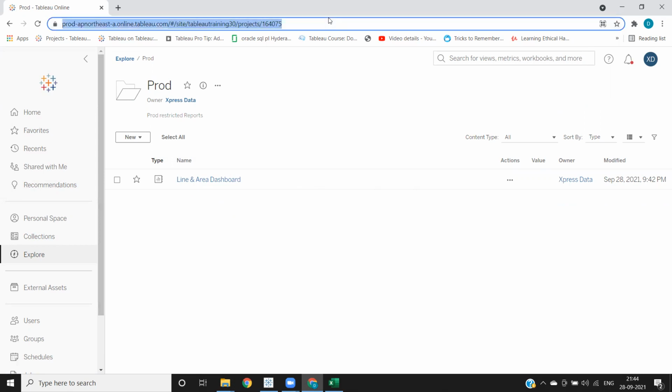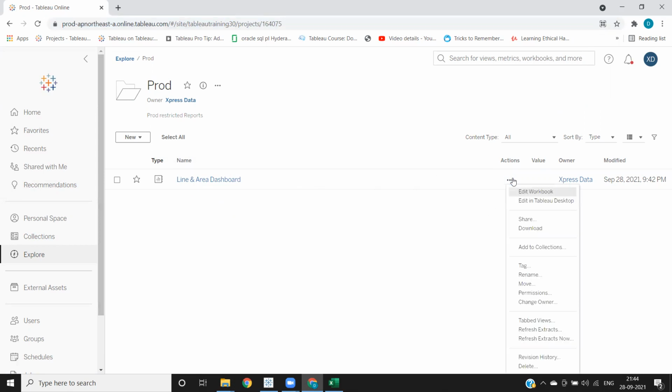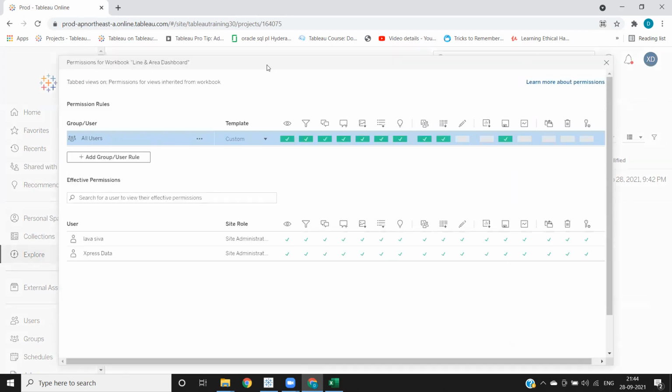The next important step is permissions. This is a very important option. If I click on this, here is where all the detailed options of the permission level that we have defined for this workbook are available. By default, all the users available in this server have access to see the report, filter the report, see the comments, and add comments. So these are the different levels of permissions we have.